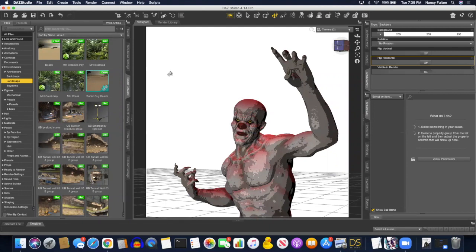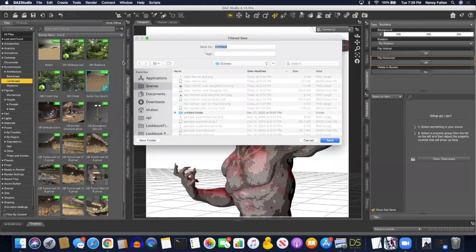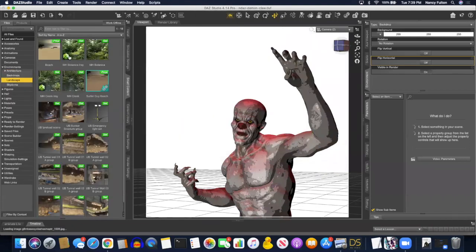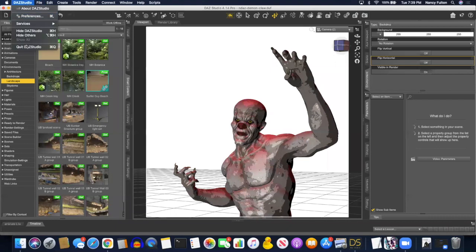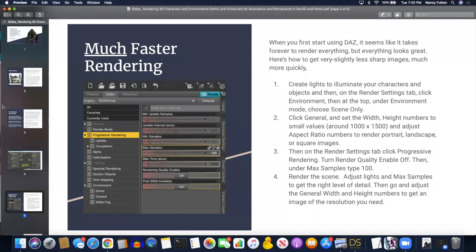All right, so having done that, I'm going to go ahead and exit, save as scene. I'm going to call this DAZ Demon Claw. And I'm naming the file so I can get back to it later if I want to make changes. And now I'm going to go ahead and close this guy. Now, the reason I'm doing that is because we're going to dive into Paint. So when I click on Paint,